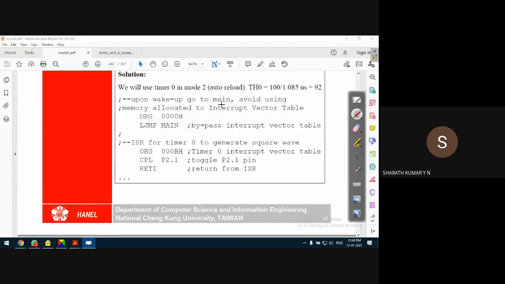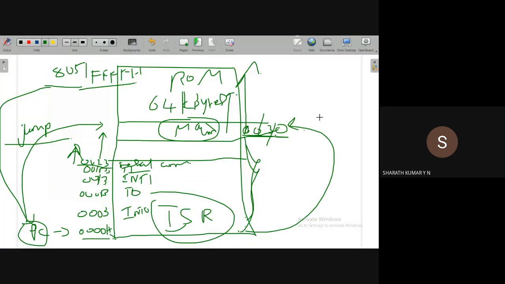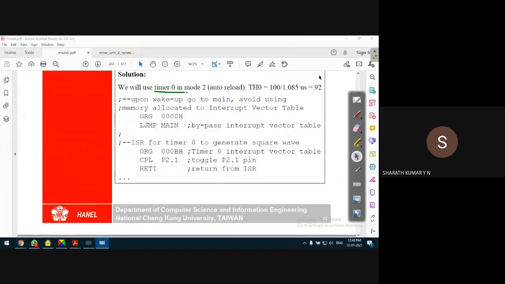In this case the interrupt is due to timer 0, and timer 0 corresponds to the address 000BH. So we have to specify the location of the ISR of timer 0, starting from 000BH.